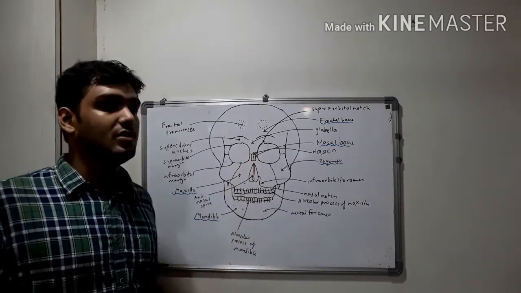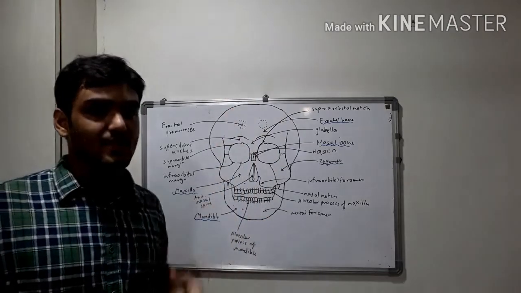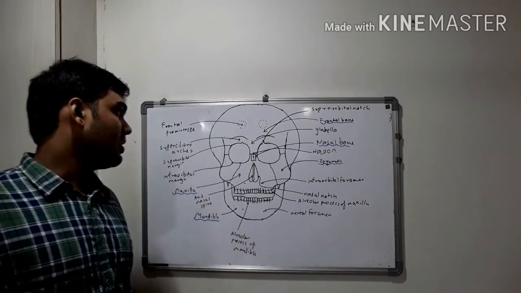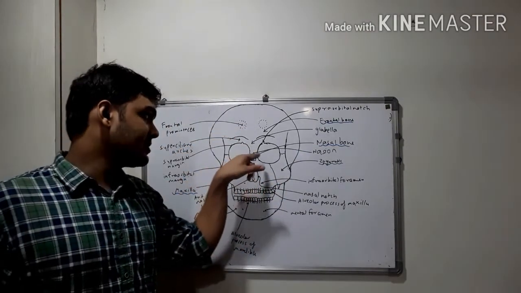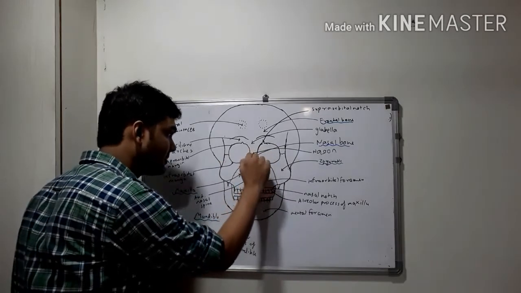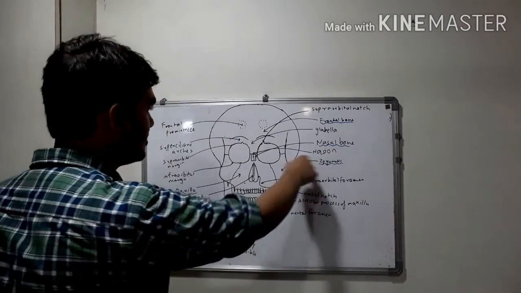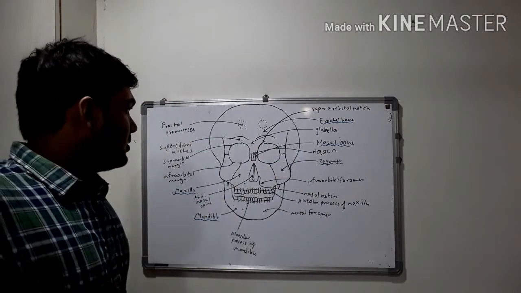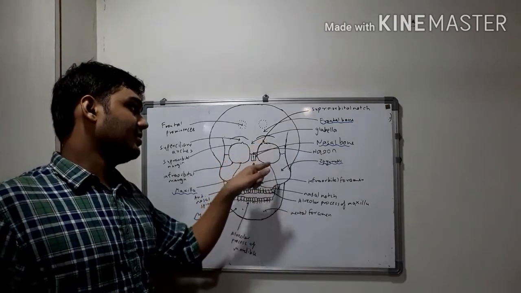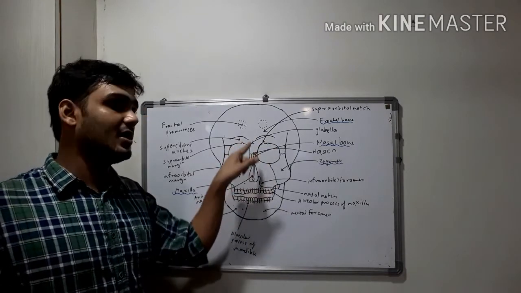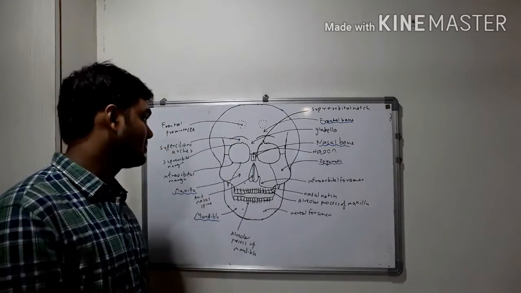Now here is the nasal bone, and the 2 nasal bones, one on each side, they fuse in the median plane by the internasal suture, and the nasal bones fuse with the frontal bone by the frontonasal suture. So here is the frontonasal suture and here is the internasal suture. So the point at the intersection of these 2 sutures is known as nasion. So here is the nasion. Here is the orbit, the margin of orbit. This is the supraorbital margin, this is the infraorbital margin, and on the supraorbital margin we have a notch, you can feel it over here. So there is a notch which is known as supraorbital notch.